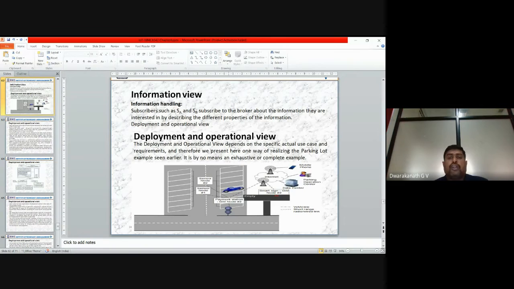Now we should go for a deployment of our particular project. In that, we have to see two things. One is deployment and another one is the operational view. Both the views we should see: how a deployment should be done, and after deploying, how I can make my project operate. The deployment and operational view depends on a specific actual use case and requirements, and therefore we present here a way of realizing the parking lot example seen earlier. We'll take the same example back here,